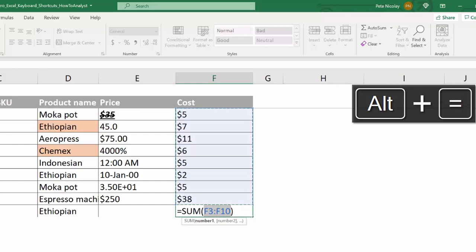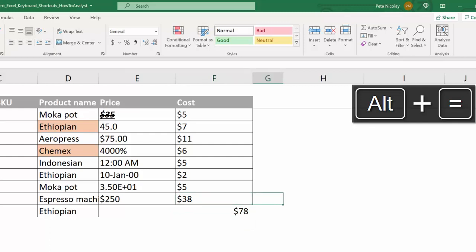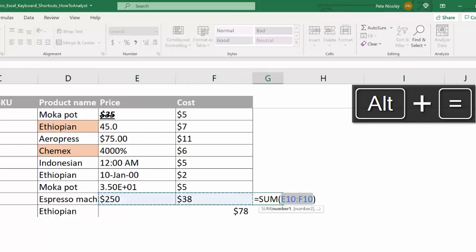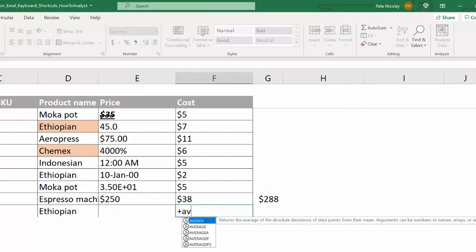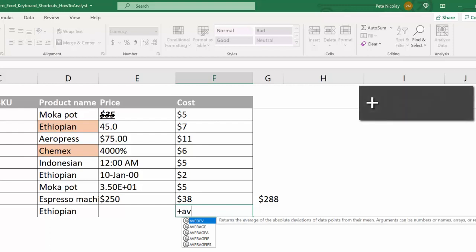Alt-Enter adds a sum formula, and it recognizes where the data is, so it knows in this instance the data is above. But you can also put it to the side, and it recognizes that it needs to sum to the left. To start a formula, press the plus sign and start typing the formula that you want to complete,